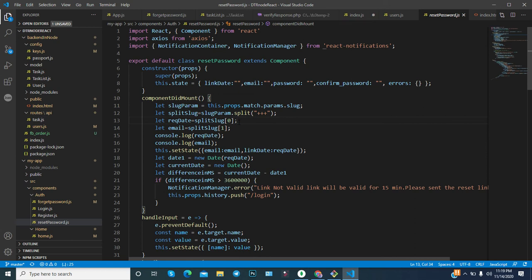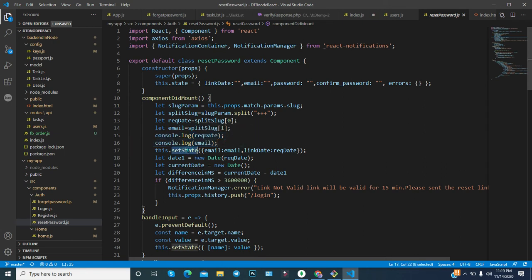The first index has the date and the second index has the email ID. Now you can console log to check that you are receiving the date and email ID correctly or not.